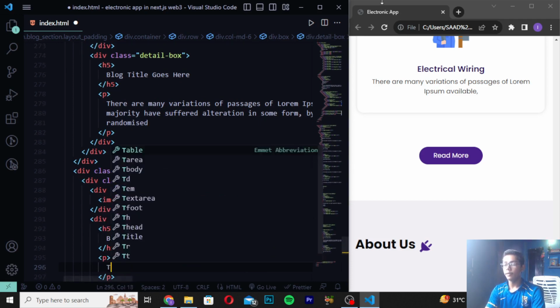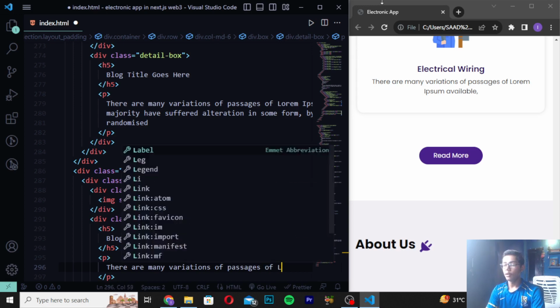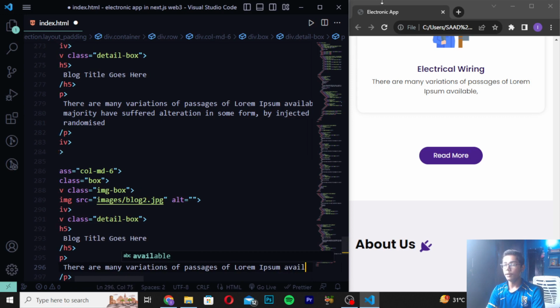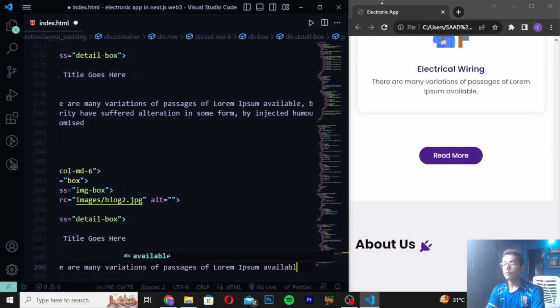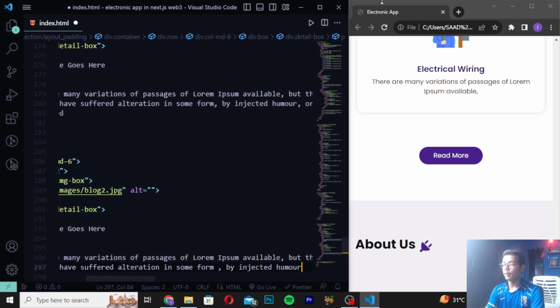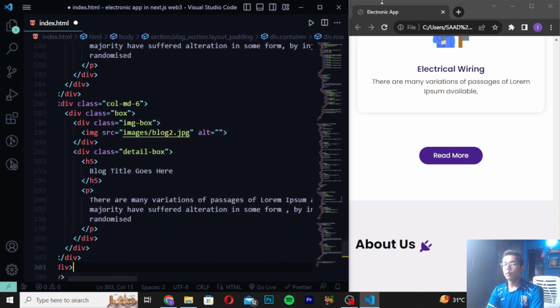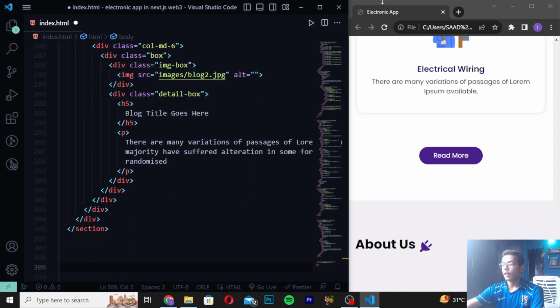Then you have to write a p tag, in which I will write there are many variations of passages of lorem ipsum available. So here I will write this available right here comma but the, and I will write here majority like this have suffered alteration. So I will write here, and then I will write in some form by injected humor. Then I will write here or randomized like this. Then when you've written this, you have to move after the close section tag here,